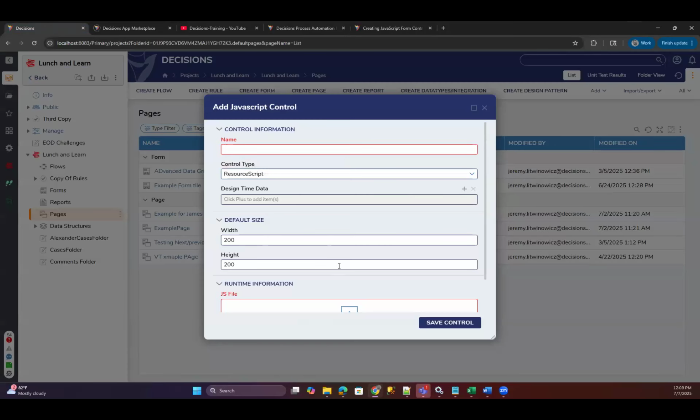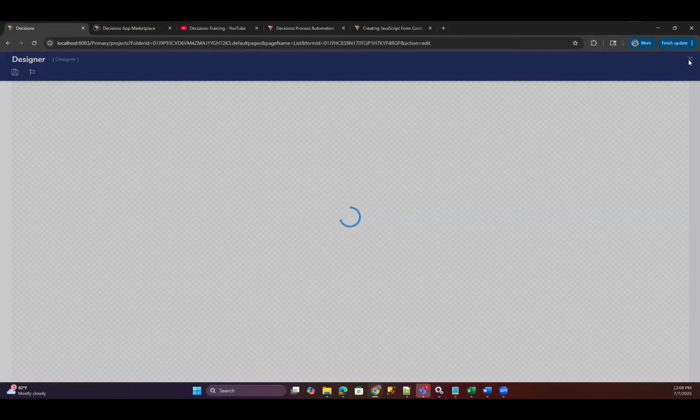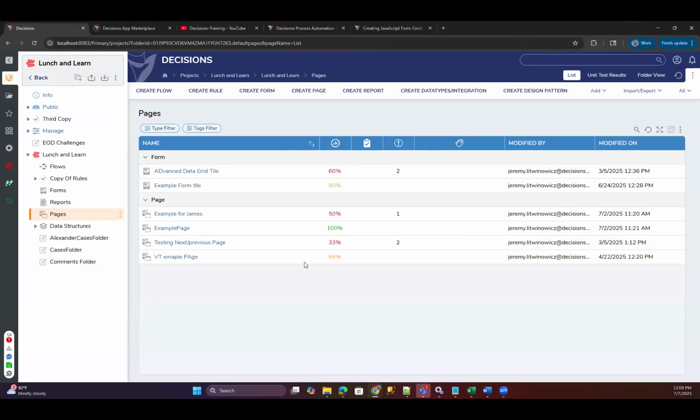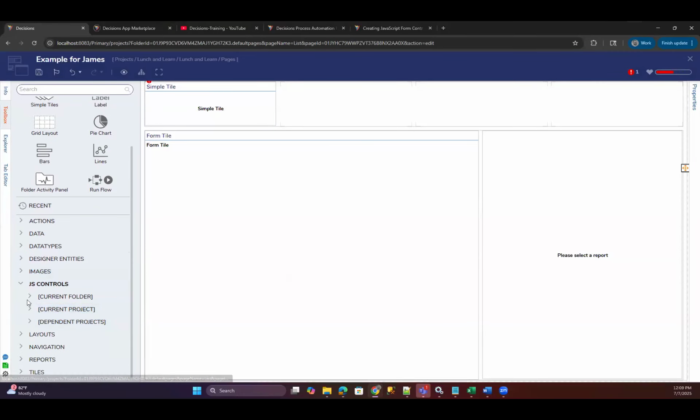Outside of this, if you can create the actual JavaScript itself, once you create that and save it in here, you can easily find it on the actual form, not a page. There's a JS controls section here that you have. If you've created a JS control, you should have that control in there and just add it. Anything beyond that is just the actual syntax and writing of a JavaScript control, which I don't have any experience with, unfortunately.